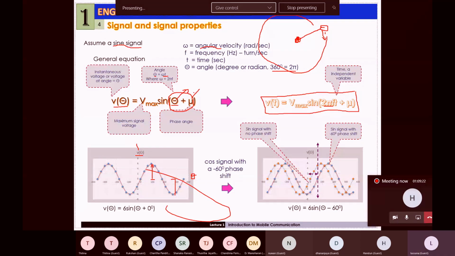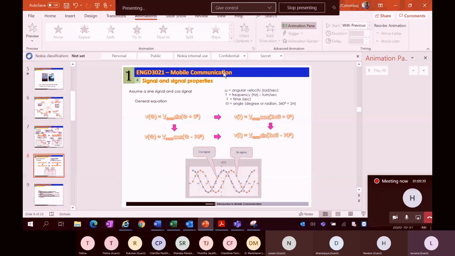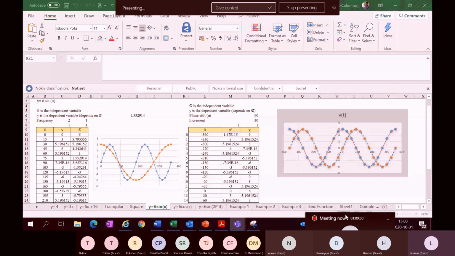I may try to go to an Excel sheet as well. I hope you all see my Excel sheet. I took this Excel graph to my slide pack as well. For example, as I indicated, to see sine signals physically, you can use Excel and draw sine graphs. I have drawn a sine graph by using this Excel application. In the same way, in future you may do it through MATLAB as well.